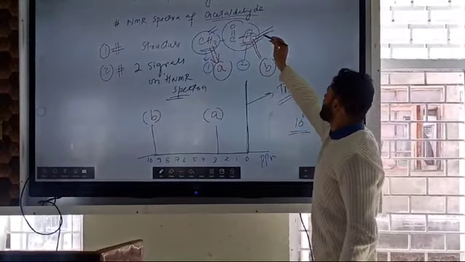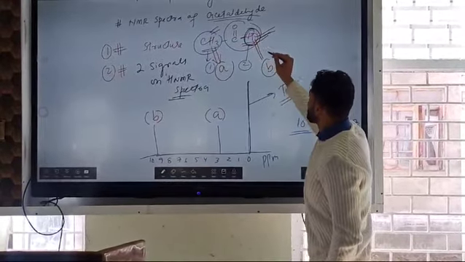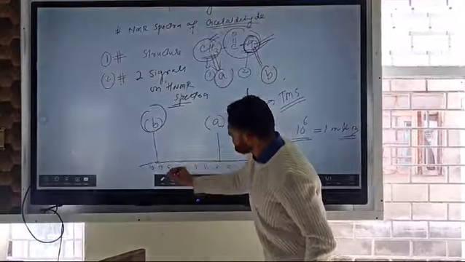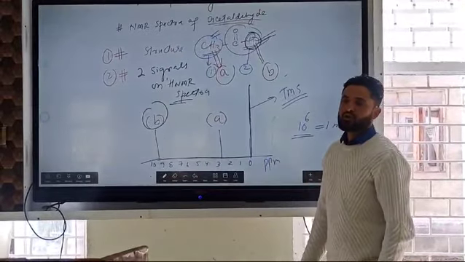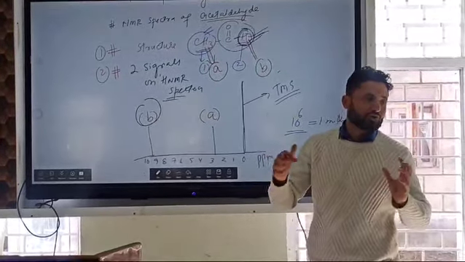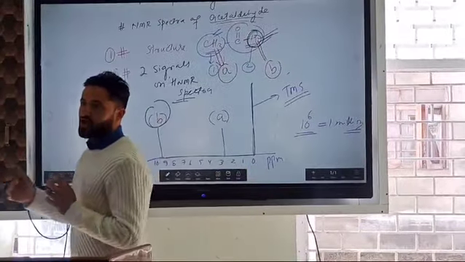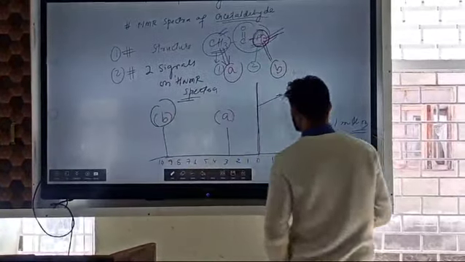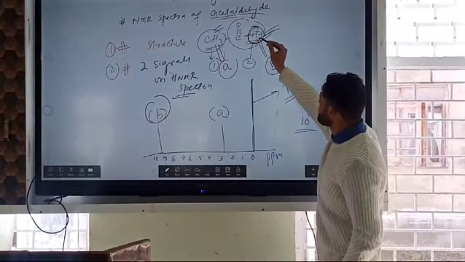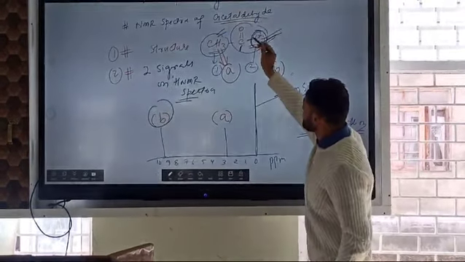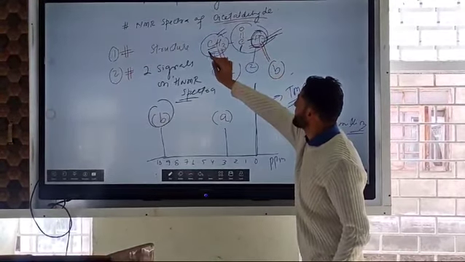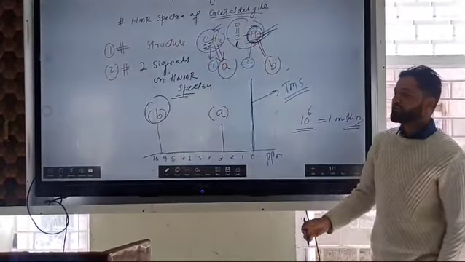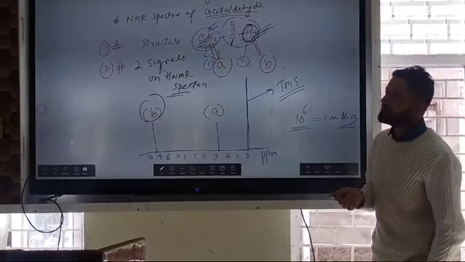Could you please tell me the proton B, which is over here at almost 9.5 ppm, what do you think? What would be its multiplicity? Would it be singlet? Would it be doublet? Or would it be triplet or quartet? According to the n+1 rule, this hydrogen is attached to this carbon, right? Yes, sir. Now this carbon is attached to another neighboring carbon which has three protons. Yes, sir. Three protons.